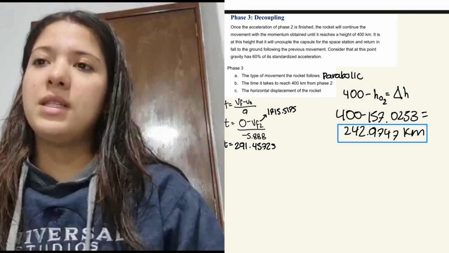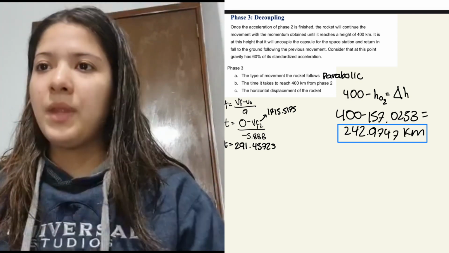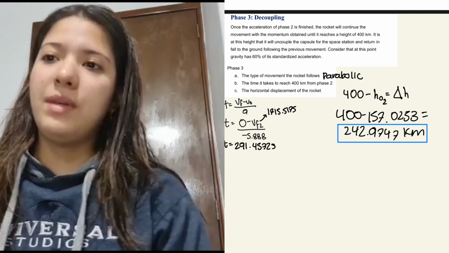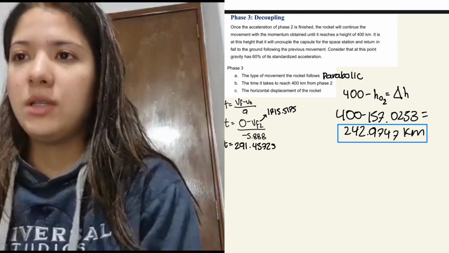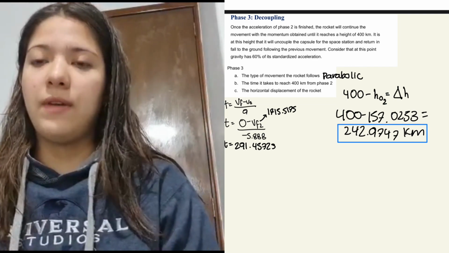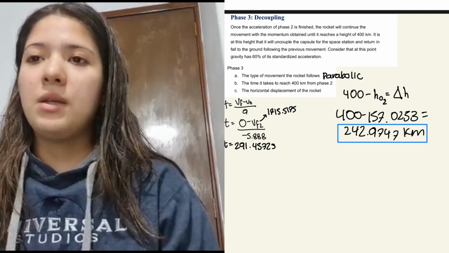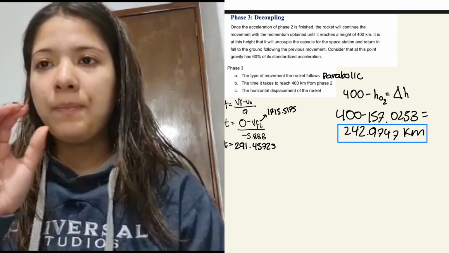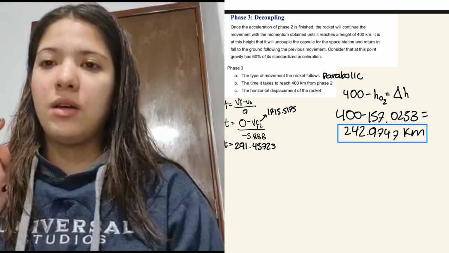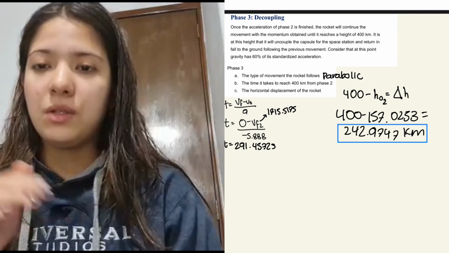Okay, so now for the third phase, which is decoupling, we are asked for 3 things. First, the type of movement that the rocket follows is a parabolic movement. And to calculate the time it takes to reach 400 kilometers from phase 2, we use the formula of time equals final velocity minus initial velocity divided by acceleration. So our final velocity will be 0, and we will subtract the initial velocity, which will be the final velocity from phase 2. So in this case, it is